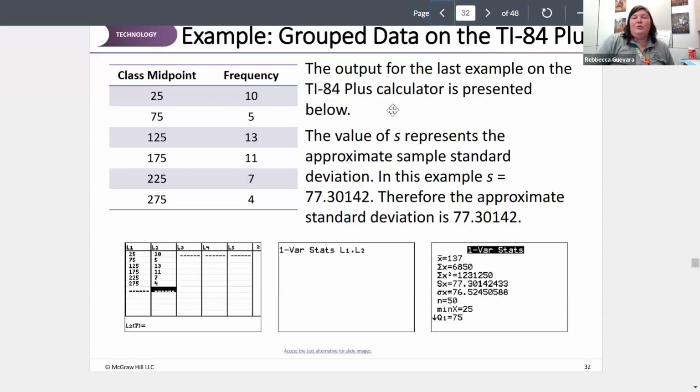Now you can also do this with your TI-84. So what you would need to do, and this will do both your mean and your standard deviation, so you do not always have to do this by hand, but you need to make sure you have those midpoints and those frequencies. So if you did that same data with my midpoints and my frequencies,